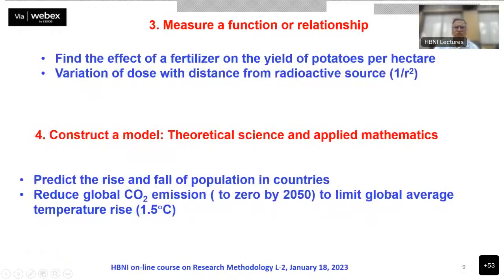Similarly, you have a research wherein you establish a relationship or a function between, you can have